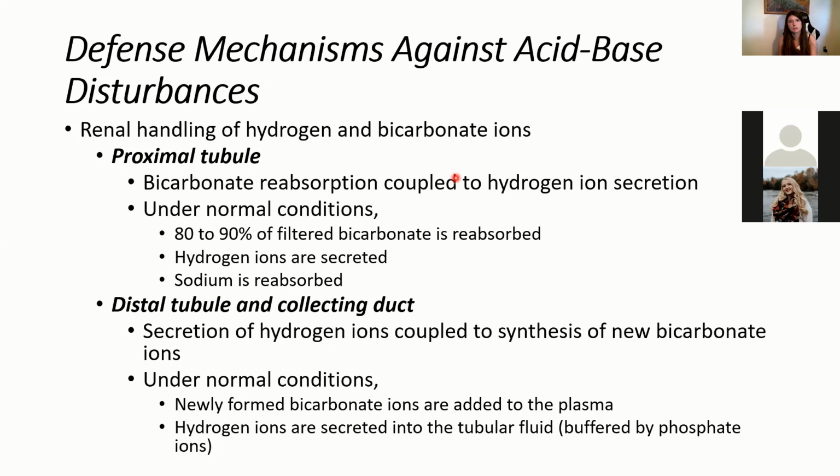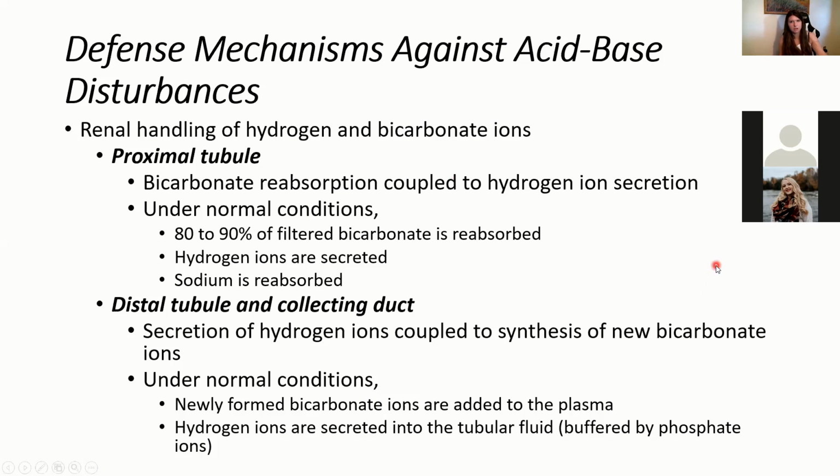This is going to happen a little differently in the proximal tubules than in the distal tubules and collecting ducts. And we're actually going to see our second type of epithelial cell in the distal tubules and collecting ducts. So thus far, we've been talking about principal cells. So finally, we're actually going to see an intercalated cell, but not true of the proximal tubule, which we're going to do first. So in the proximal tubule,